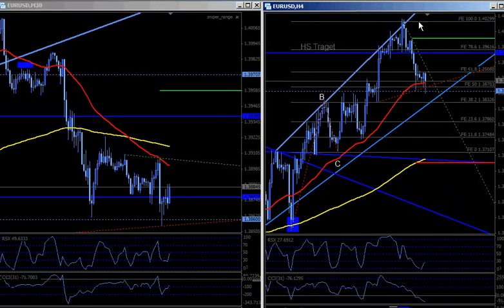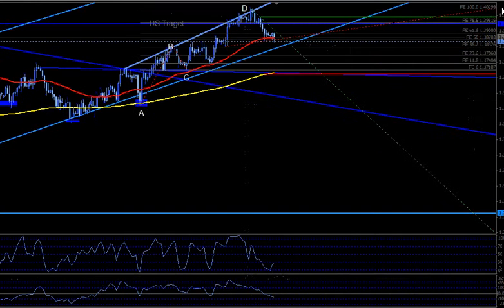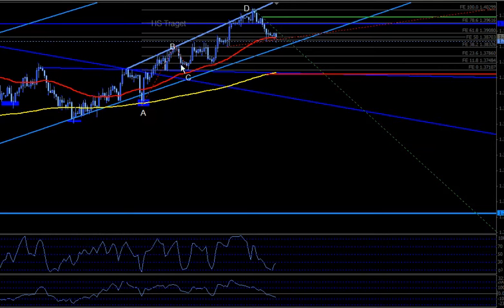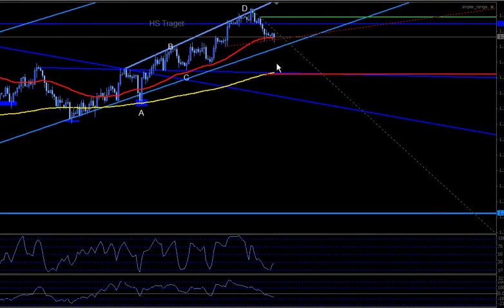This 4-hour chart on euro dollar here. And this ABC, let me just get rid of this because we're pretty much done with this. We hit the target and everything on this ABC long. But one thing I wanted to point out, if I can get this out of the way,